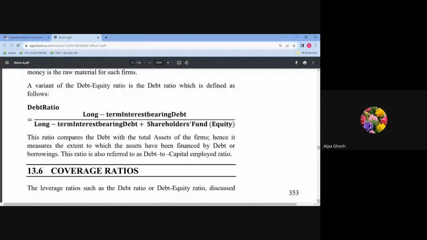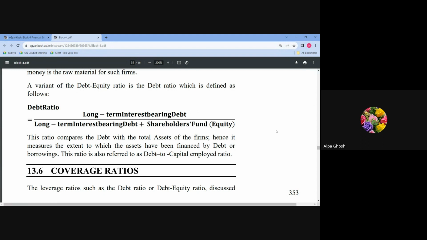Now it is debt ratio. Debt ratio is how much debt is in the firm. So you see, it is long-term interest-bearing debt divided by long-term interest-bearing debt plus shareholders' funds, that is equity. Debt ratio is